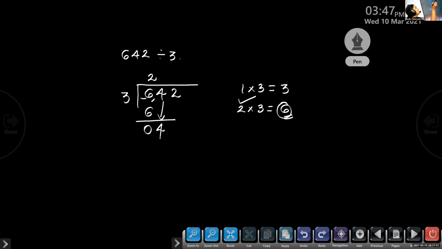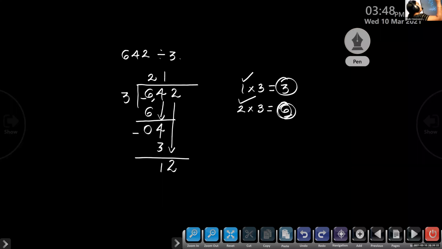4 is greater than 3. So you can divide. In the table, we cannot take 6 because it is greater than 4. We can take 3. And what will be the quotient? Quotient 1. Now you can write 3 here, below the dividend that you have divided. Now 4 minus 3? 1. Bring down this 2.